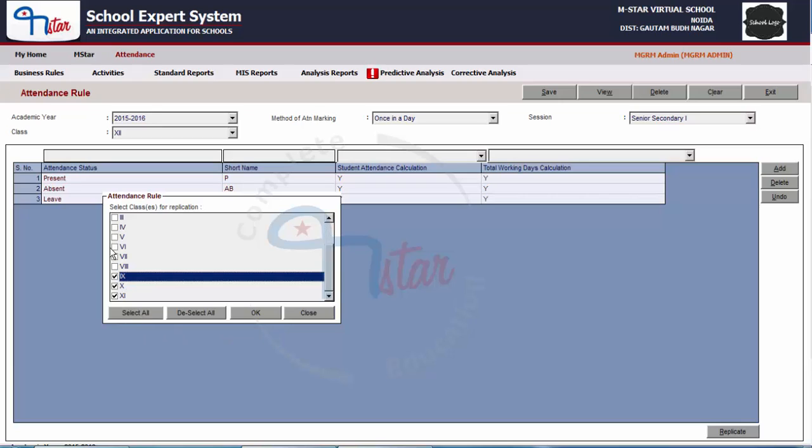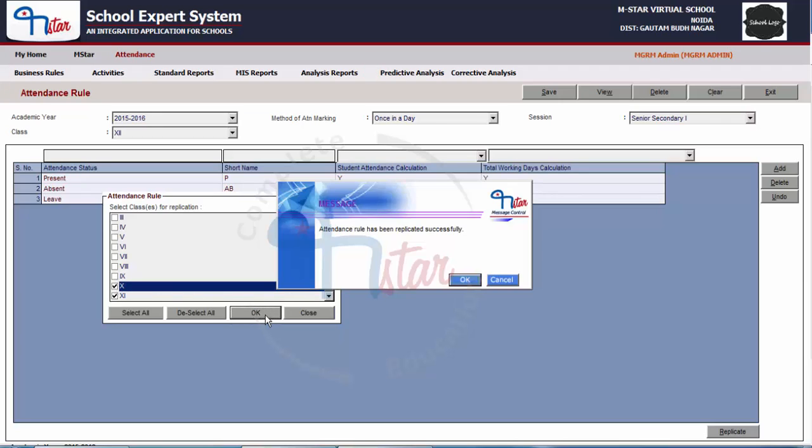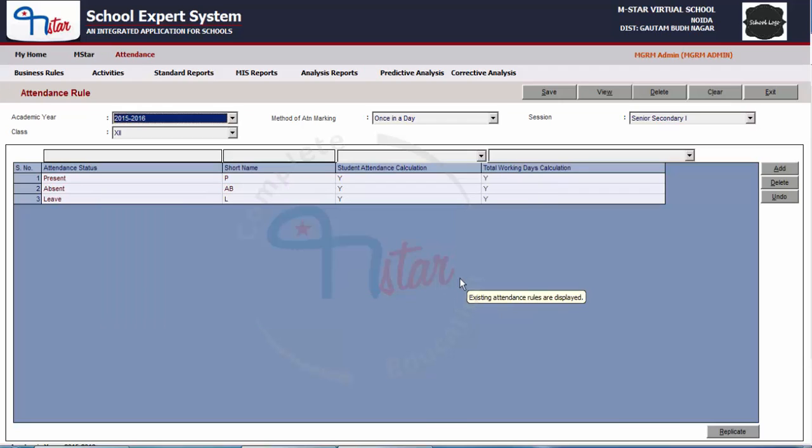And if by mistake you have selected all, you can also deselect all and the tick disappears. So let us select the other classes for which we want to replicate, that is copy the existing rule, and click on the button OK. The message appears that the attendance rule has been replicated successfully. Click OK on the same